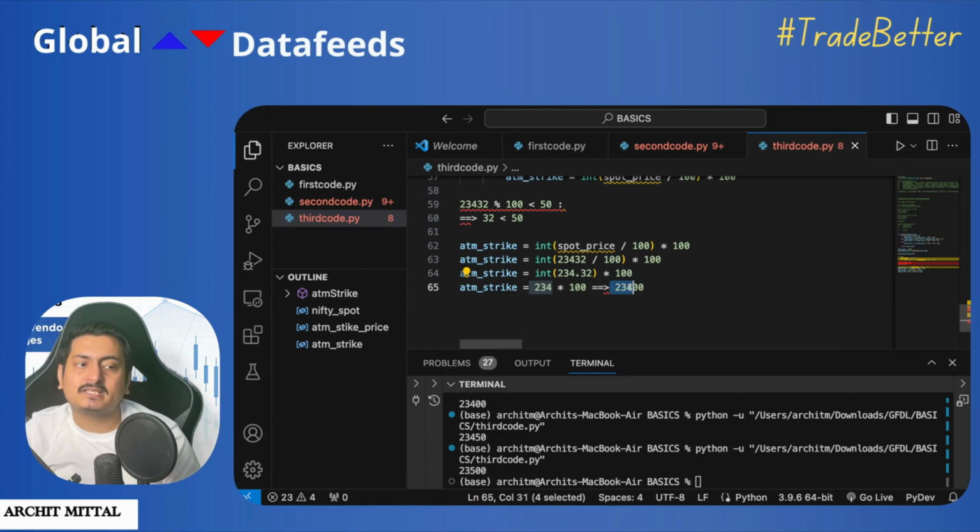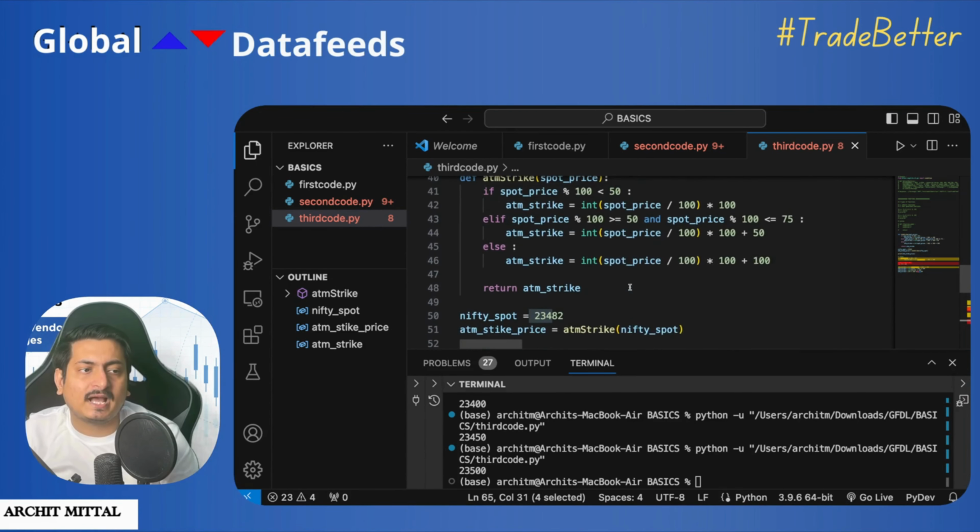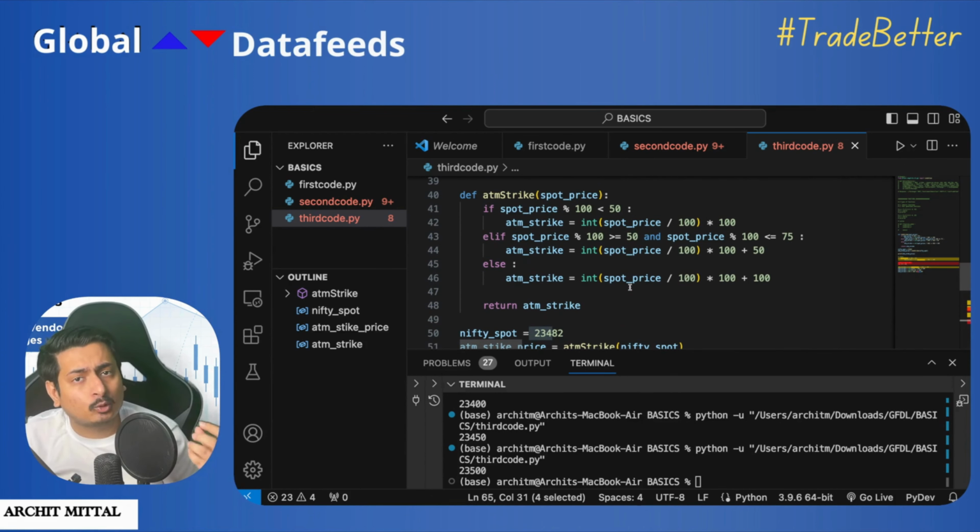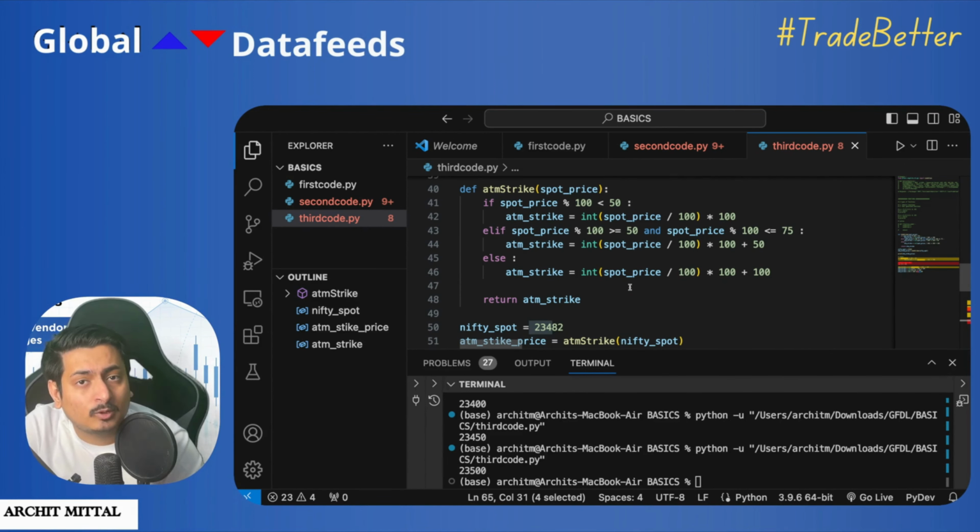Interesting concept. These are just mathematical things, not very high on theory or on programming language, just basic mathematics. Now, why am I telling you about these functions? These are the types of functions which you should understand, and you can use modern tools like ChatGPT to create these functions. When you want to write an algo trading code using an AI platform, the AI platform will not be able to give you complete code at once.